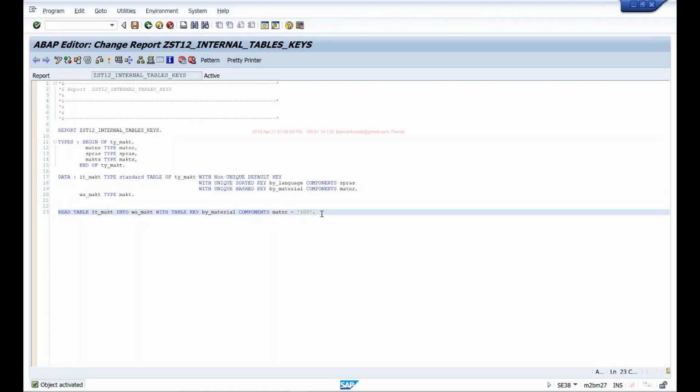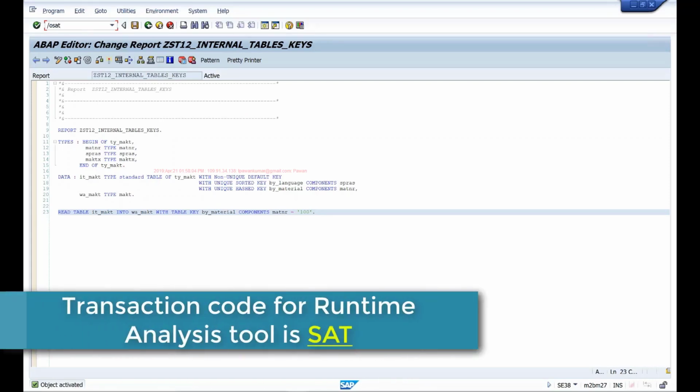Now, just to show you how it really makes a difference, how much performance gain it gives, we can create some test programs and test them. In one program, I can use the linear search. In another program, I can use the hash function or the binary search and run them. There's a tool called the runtime analysis tool. You can use that tool to execute your programs, and it will tell you the different parameters from a performance point of view. This runtime analysis tool you can access by using the transaction code SAT. So if I give SAT in the command field,